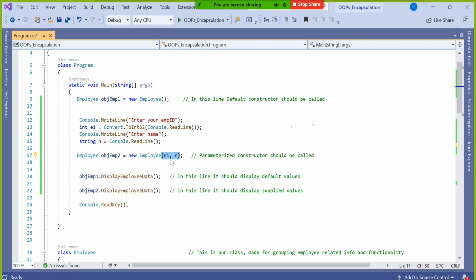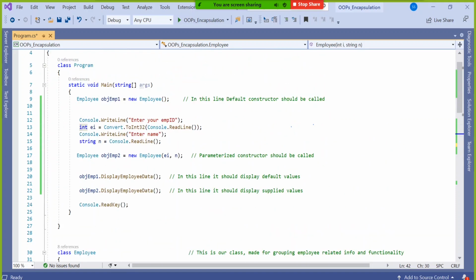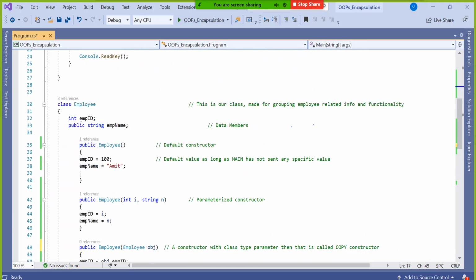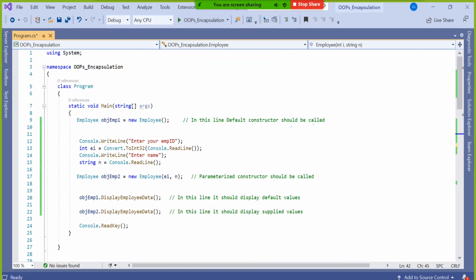I don't want to supply 10 data with commas, because whenever it is comma, internally it takes this EI, visits here, copies that EI to I, again comes back here, takes this N, again goes back, copies this N to this N, and then again comes back here, takes some other thing, maybe 4, 5 parameters or 20 parameters.